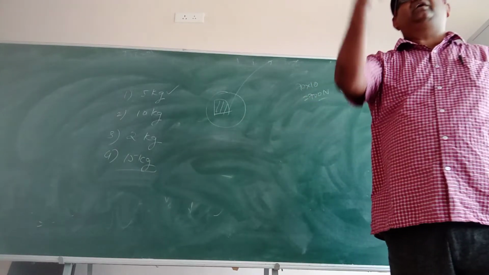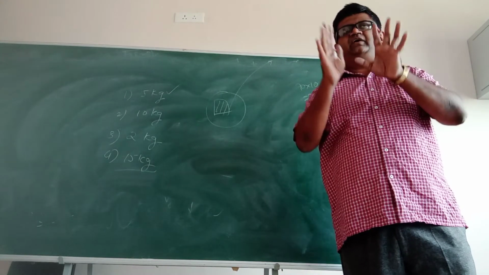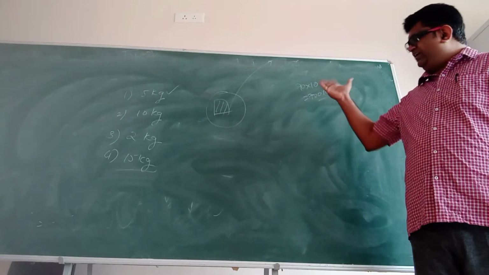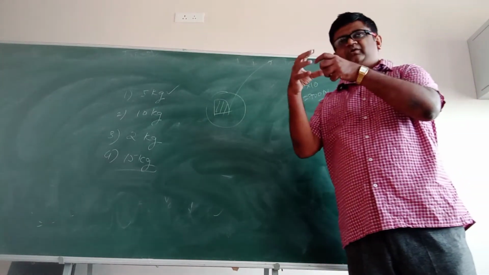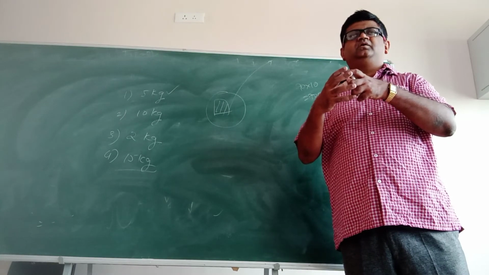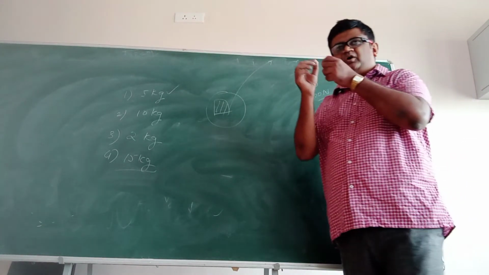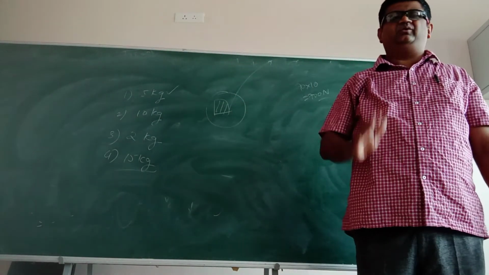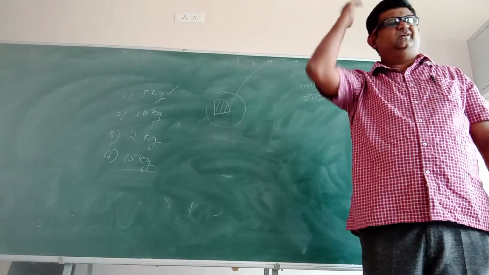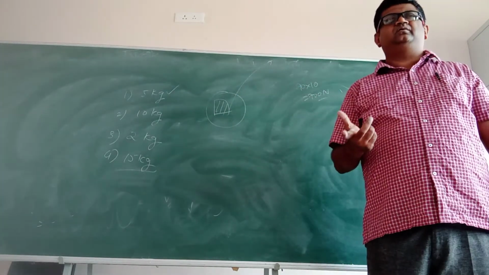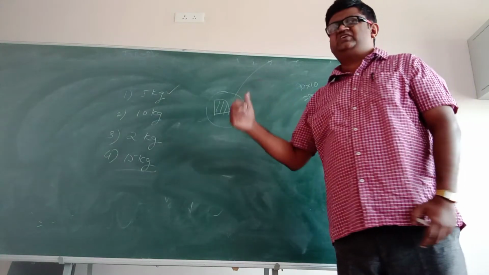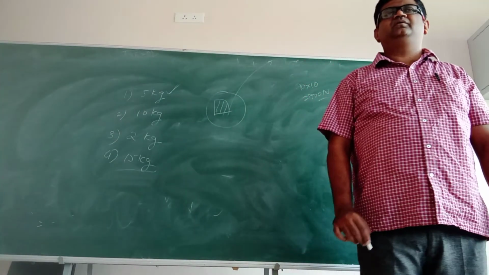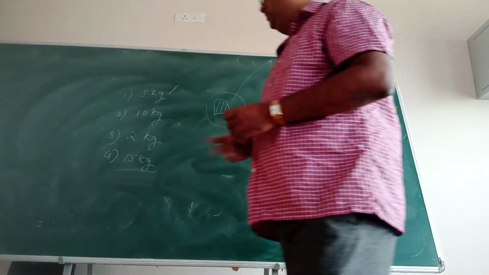It is not like our regular weight. How much is your weight? 70 kilos. That is not weight. In the language of physics, it is mass only. So what is mass? Mass is the constituent of that particular substance. You take an iron piece, it is made up of small iron pieces. You take it anywhere, on Jupiter, on Mars, somewhere, it will remain the same only, no? What will change? The force will change, the weight will change. So the answer to this question is 5 kg only. So like this they test. Just make a note of this.